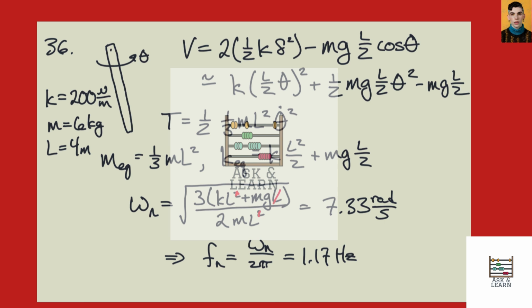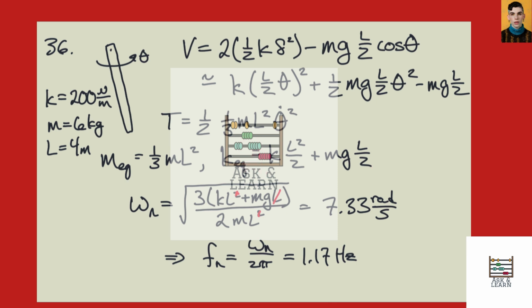we have kL squared over 4, but we need to pull 1/2 out of here, so we have kL squared over 2, and then we have the rest of this here, mgL over 2. So, the kinetic energy term would look like this, right? And so this is if we pull the 1/2 out of everything and the theta squared out of everything, we would get this in front of our theta squared, our quadratic term,